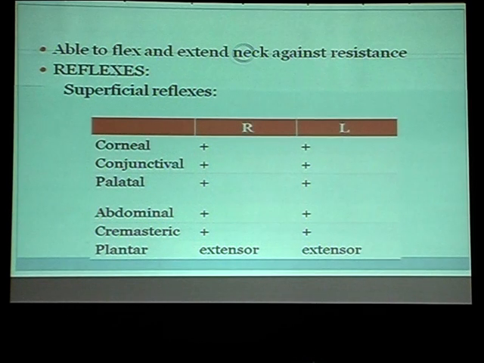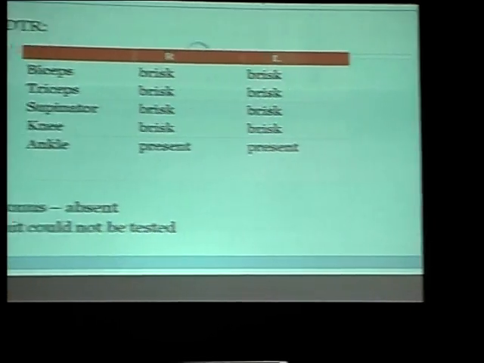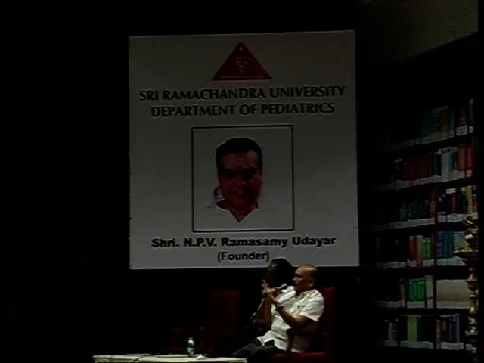Try to change the speed of presentation depending upon the pressure, right? That is, you should be able to highlight the positive findings, right? So deep tendon reflexes, all reflexes are brisk, sir, except for ankle, which are just present. Right. What is the significance of saying knee is brisk, ankle is present? So whether you are using two different names. Why?